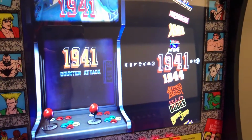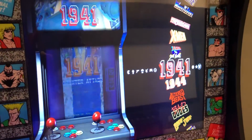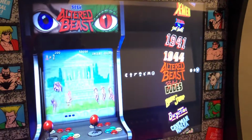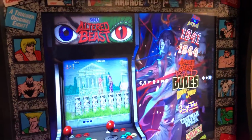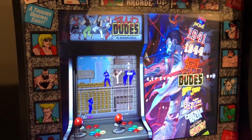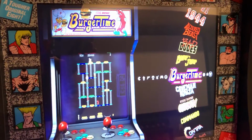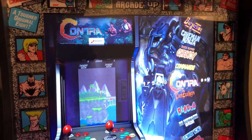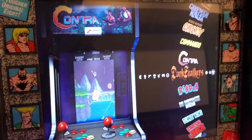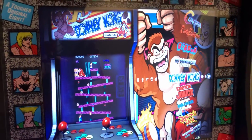So right now it's showing you my favorites list. So I'll just cycle through here. I have Wonder Boy, Bad Dudes, Burger Time, Contra Arcade, Dig Dug, Donkey Kong,